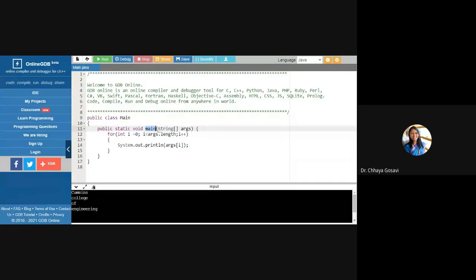So in a function, or say main, you pass some arguments to main, right? Like this. This is a Java program. Here I am passing string args. In C language, we have two types of arguments: argc, an integer, and argv. Have you seen such code, command line arguments in C language?